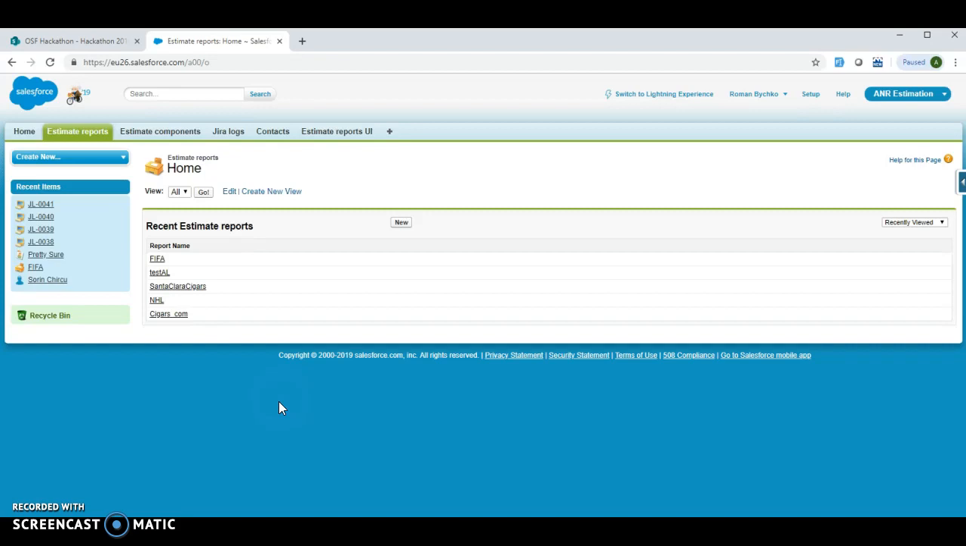As a technology to realize basic functionality, we chose Salesforce. So here we are in the backend part, which is accessible for admin only. As an admin, we can add a new project